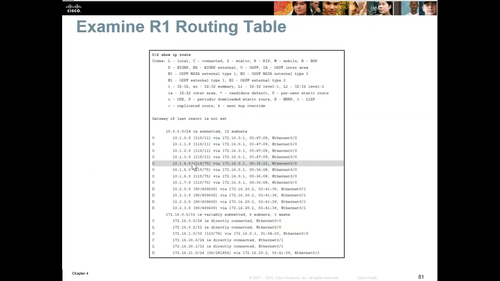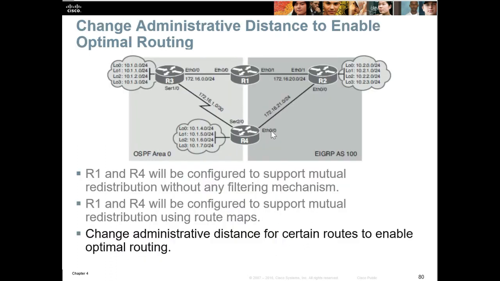Okay, and the AD is 110, the metric is 75, via 172.16.0.1, the outgoing interface is Ethernet 00. Okay, so ni dekat R1. Okay, so this is R1. Cara nak ke network ini adalah melalui Ethernet 00, and the next hop IP address is 172.16.0.1. Okay, so having the assumption here, kalau kita keluar kat sini, maksudnya dia akan lalu this serial interface untuk